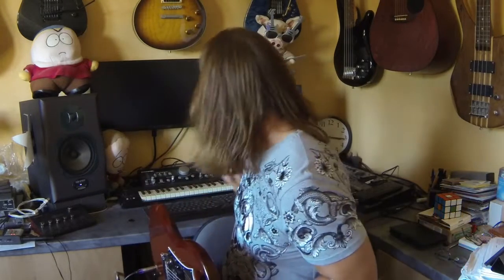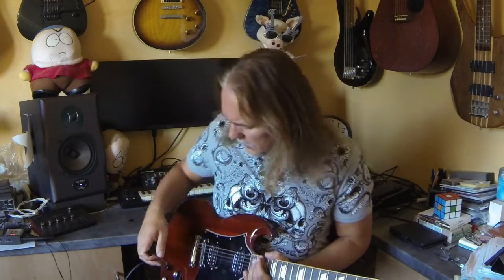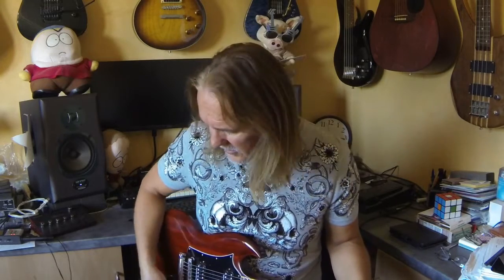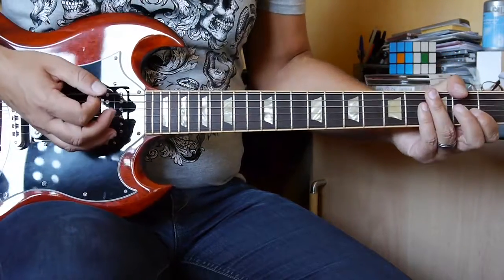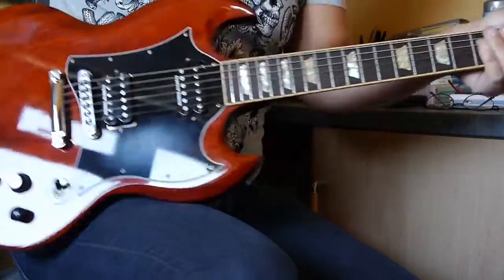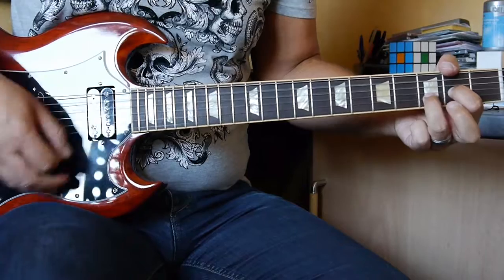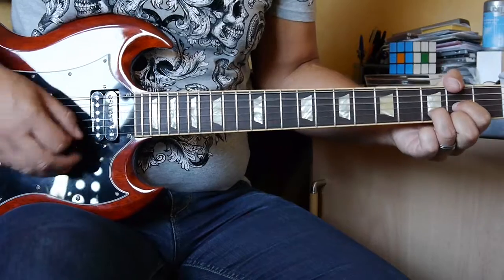And what you end up with, if I put my clean sound on, the standard humbucker clean sound, with my rig anyway, sounds like this. I mean, that's quite pleasant. I have got an acoustic simulator set up there, so that's partly why it sounds as good as it does. But if I activate the coil tap, so if I just get that to there. You know, it's a really sweet sound,